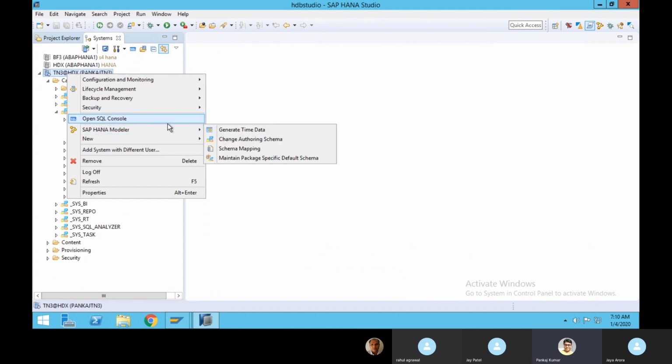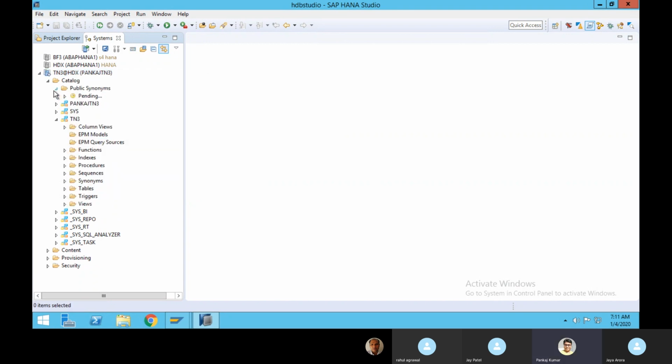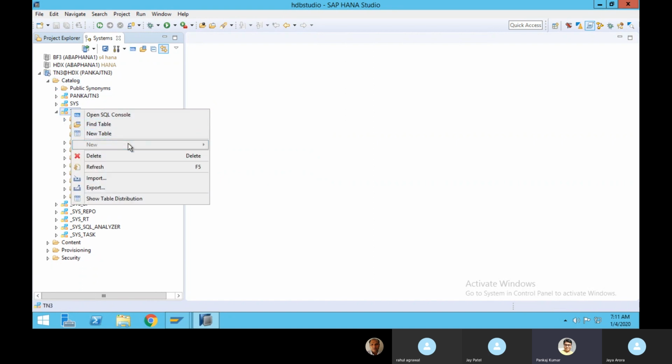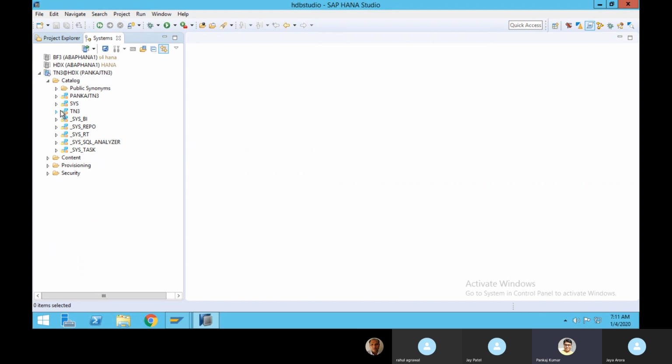Somewhere you can go to new, and here you will have something like a schema mapping. That's fine. Let's select some catalog, some schema, and click on this new. Okay, fine, I will tell you what I'm trying to show you.